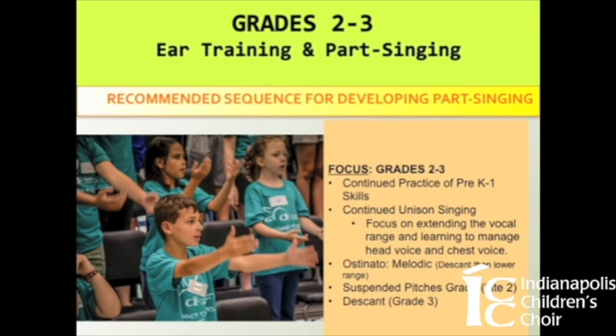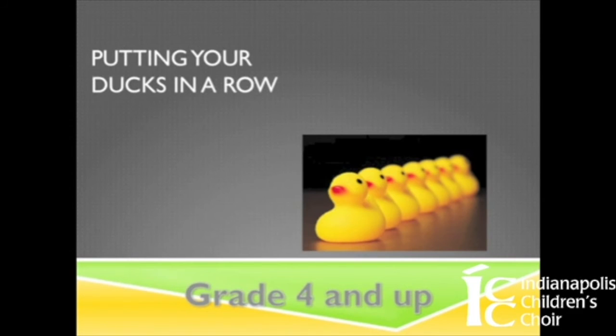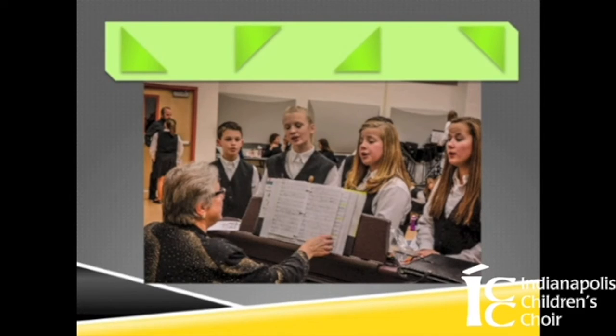We'll continue to work with rhythmic ostinato and begin to introduce melodic ostinato. In late 2nd grade, the best kind of melodic ostinato to introduce would be one that is also a descant, a little ostinato above the melody to something. As the 2nd graders go on, if they're a very strong group, they can do suspended pitches, and certainly in 3rd grade, we're going to introduce full-fledged descants. This will get us started to move from unison to true harmony as we grow older in the Kodály classroom.